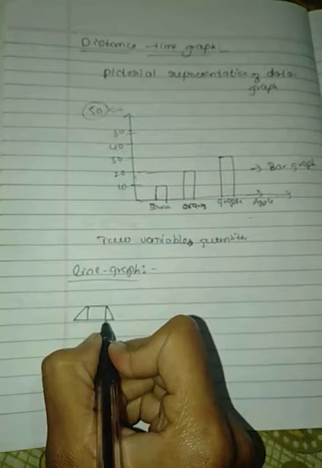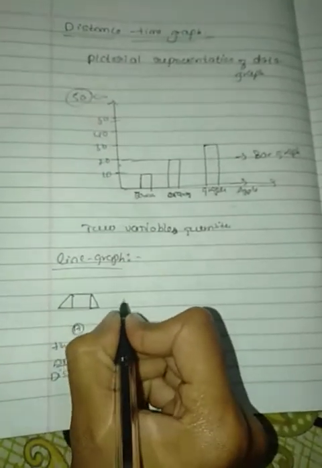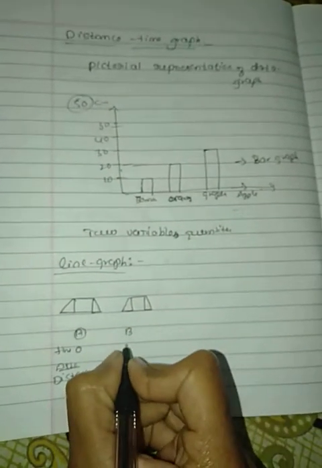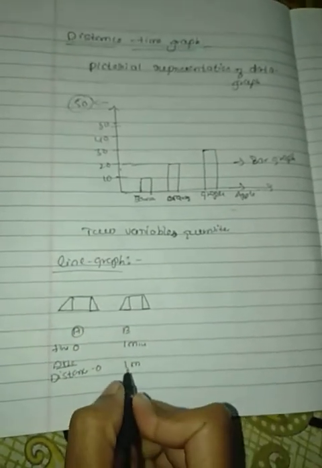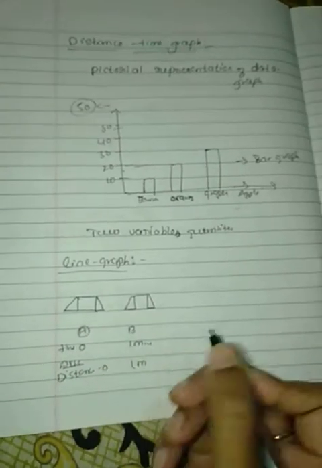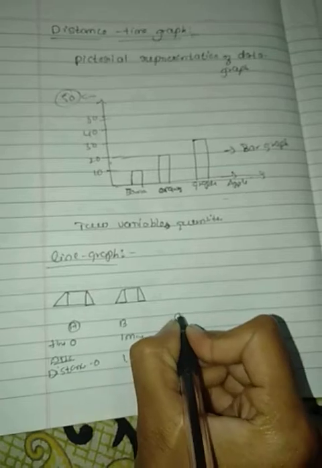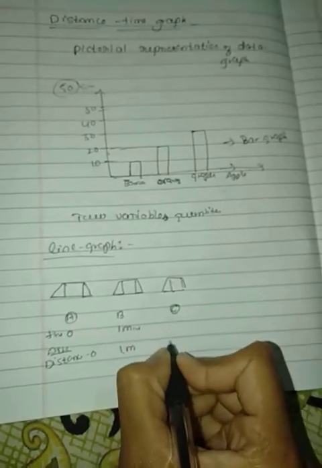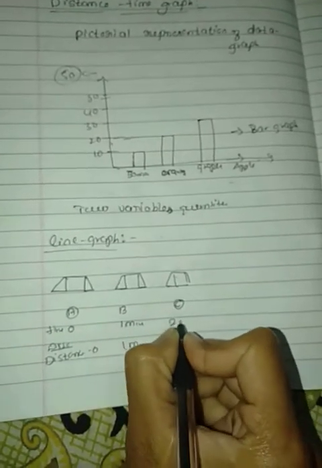Now when the car starts, it is in motion, that means the car is moving, and now it is at position B. Okay, the car is now here. So now the time is, for example, 1 minute. It covers 1 kilometer or 1 meter. Here I'll take 1 meter. So now the car covers a distance of 1 meter in 1 minute. Now the car is at position C. It covers a distance of 2 meters in 2 minutes.